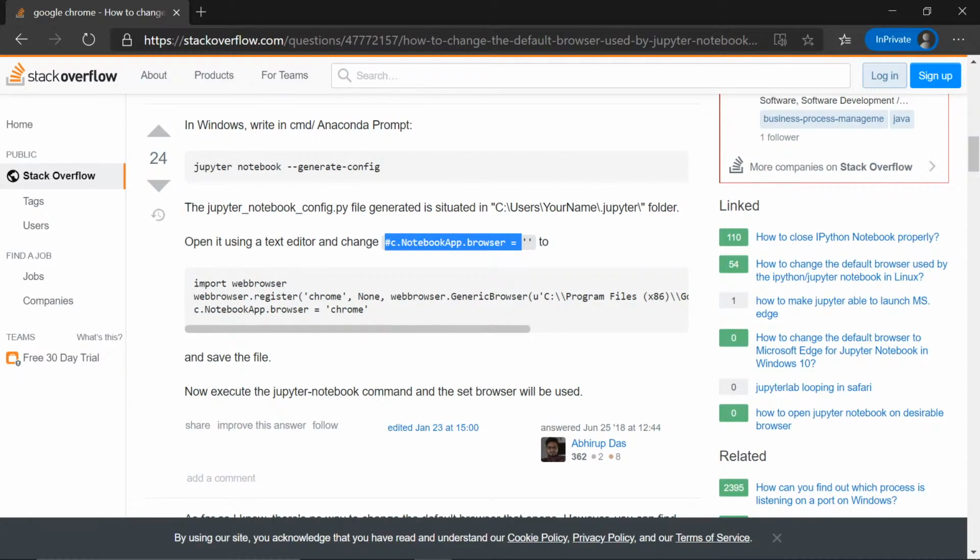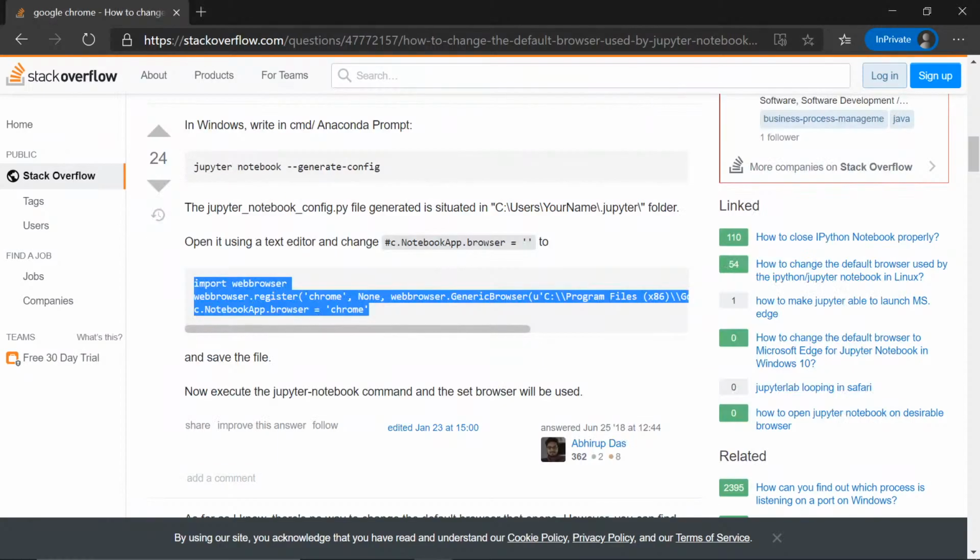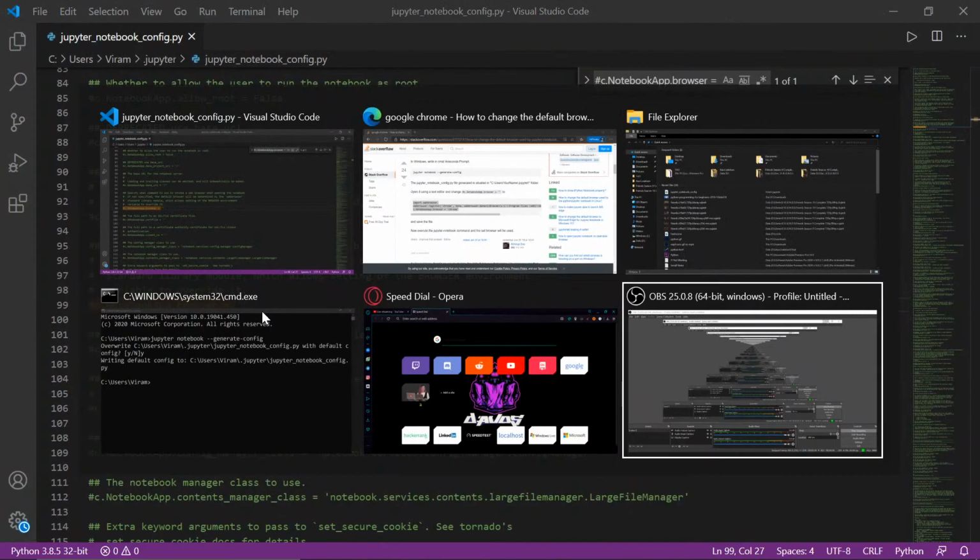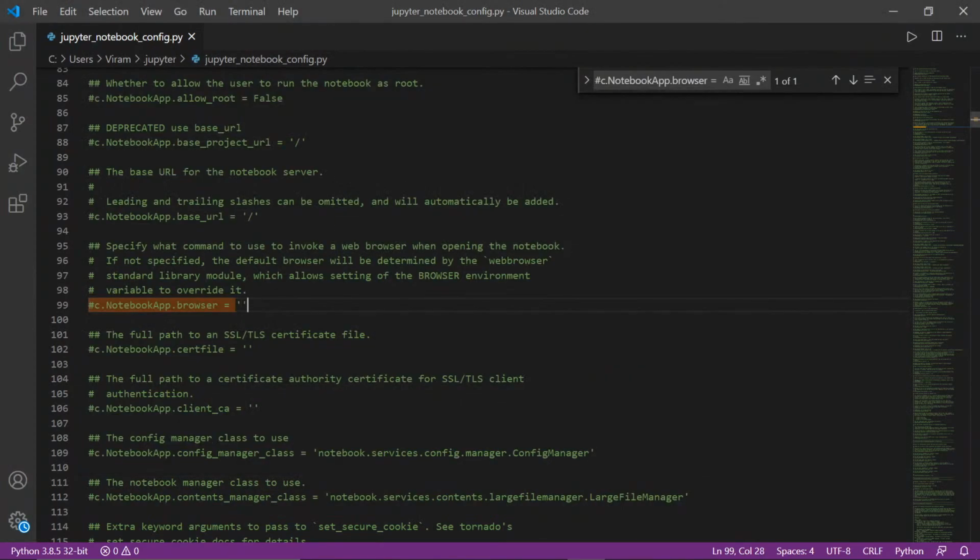So import webbrowser, webbrowser.register. Okay, so we have to actually paste this whole thing instead of this. Okay, let's go to VS Code. Let's try.